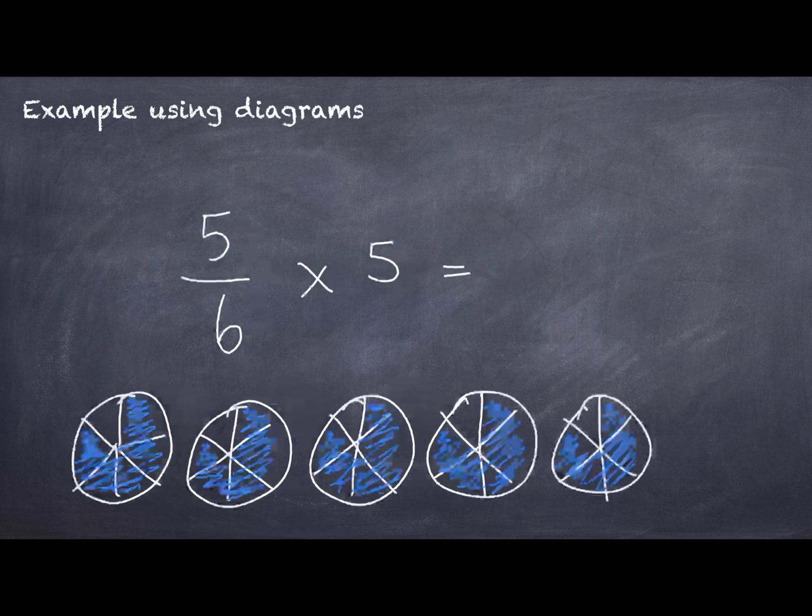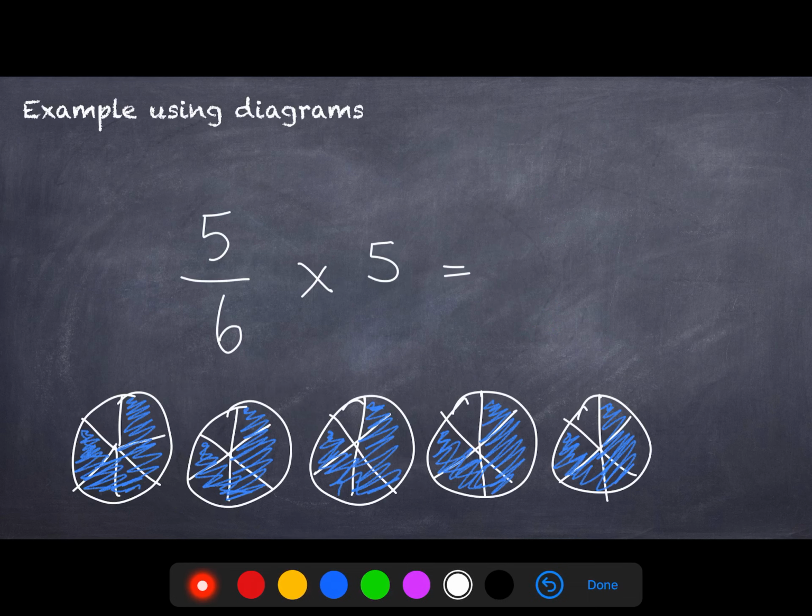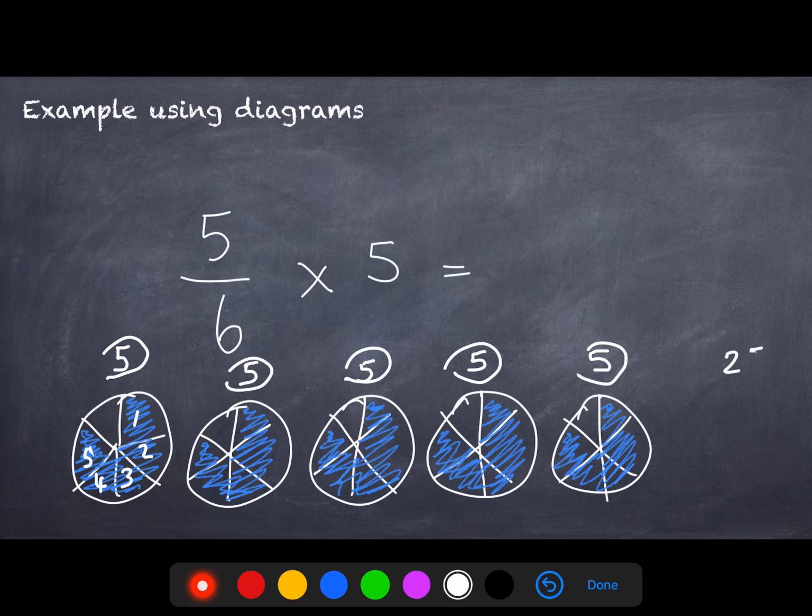I've got 5/6 times 5. So on the bottom, I've drawn 5 pizzas, broken them into sixths, and then shaded 5 of those sixths for each pizza. So in pizza number 1, I've got 5 pieces shaded. In pizza number 2, I've also got 5. Pizza number 3, I've got 5. Pizza number 4, I've got 5. And pizza number 5, I've got 5. So if I add those together, I've got 5, 10, 15, 20, 25